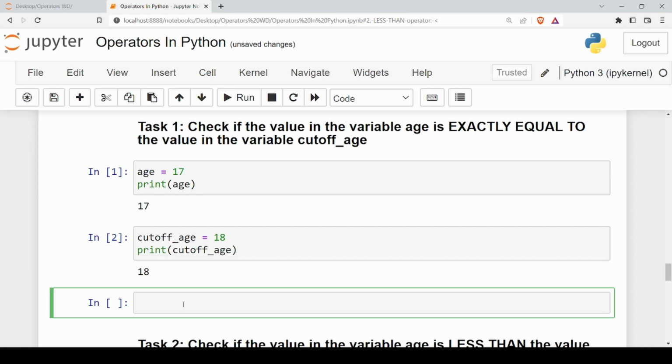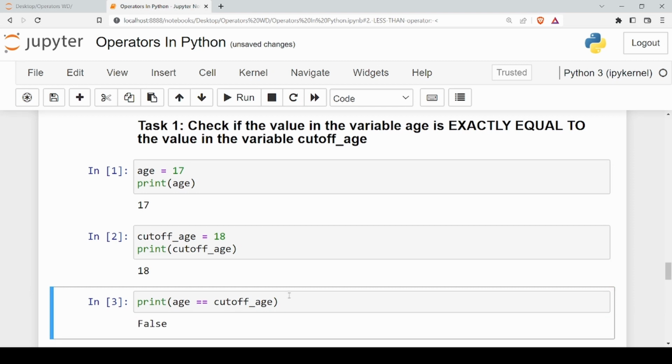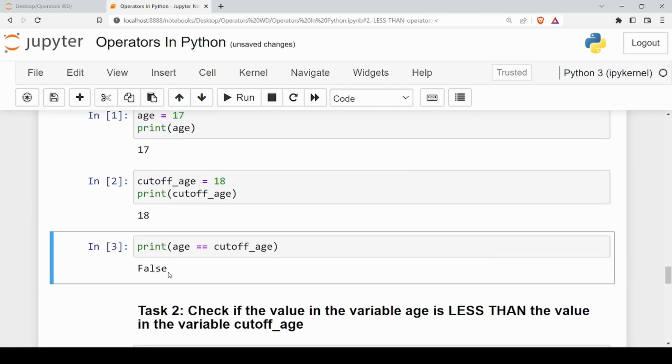To do that, we'll write print, and then inside the opening and closing parenthesis, we'll put the first variable age, which is the first operand, and then we put the equal to operator, and then we put the cutoff age. So once we hit Control Enter on our keyboard, we'll see the result will be false, which will be shown